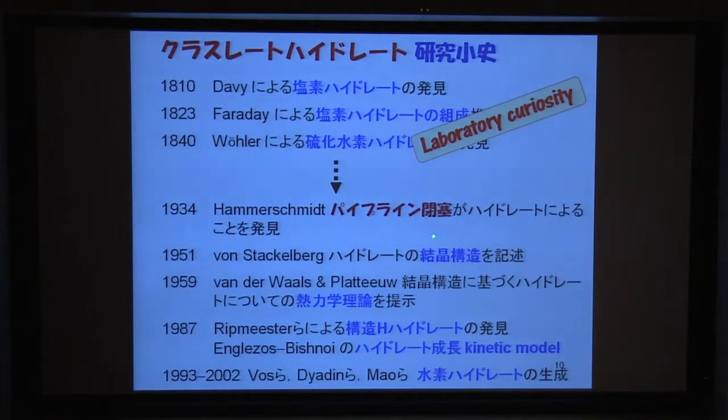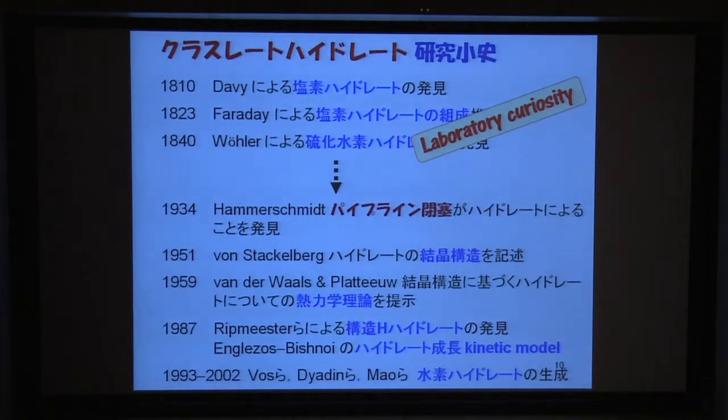So after 100 years of finding this clathrate hydrate, the hydrate and the actual technology, especially the thermodynamic theory, made contact. And in the late 20th century, there has been advancement of the experiment